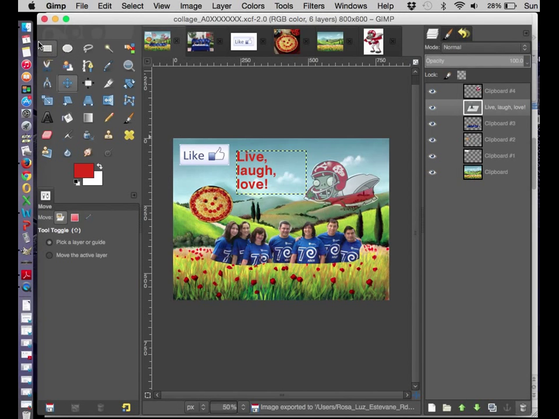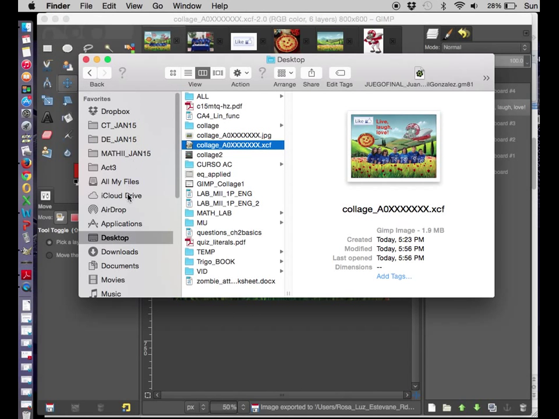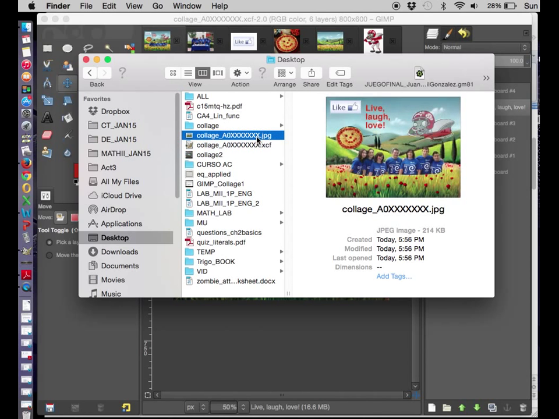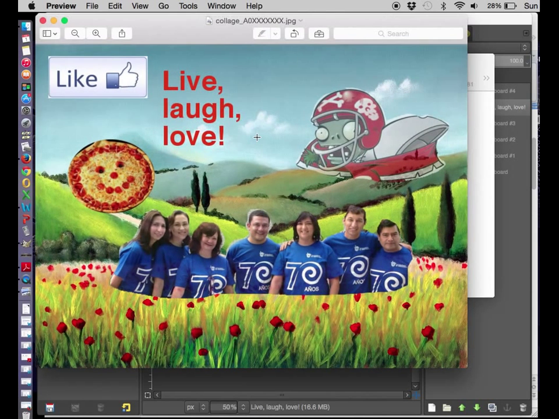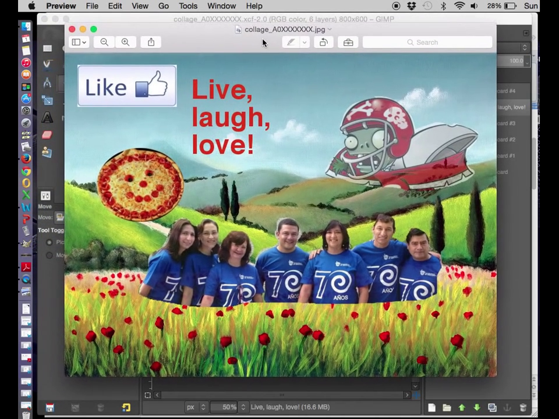So it's done. Now, if you go to the place where you saved it, in my case it's the desktop, I have the Collage XCF, that is the GIMP file, and the Collage JPG, that is an image, right? So we're done. I hope that this has helped you a little bit, guys, to create your collage